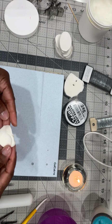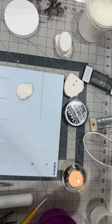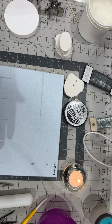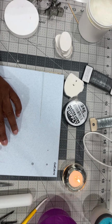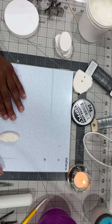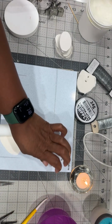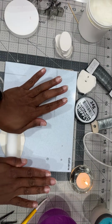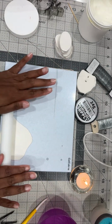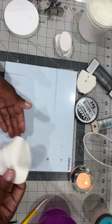All right, so now I'm going to add a little cornstarch. I'm going to roll it to like a little sausage. I don't know if you guys can see that. And I'm going to press out on the sides like so and like that. All right. I'm going to pull this up